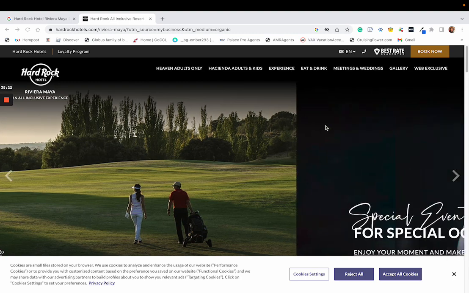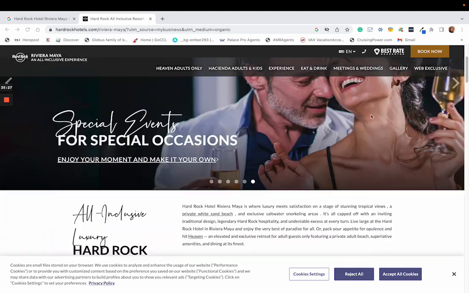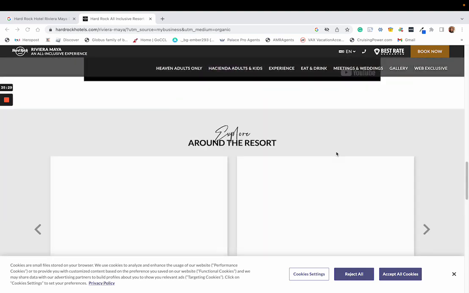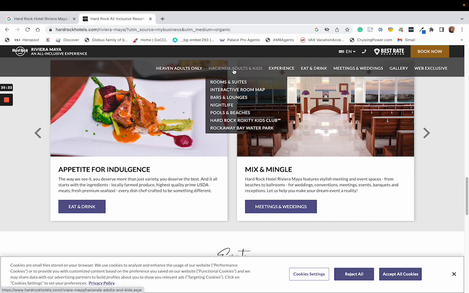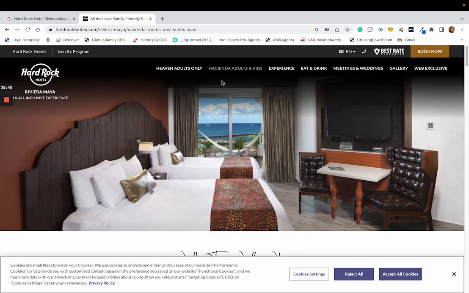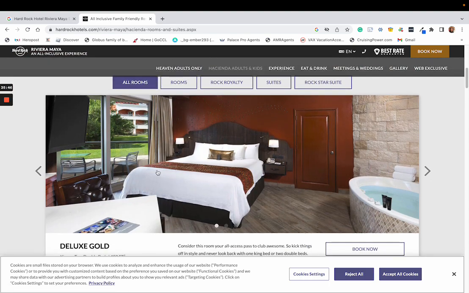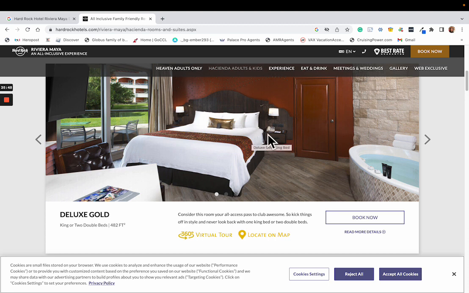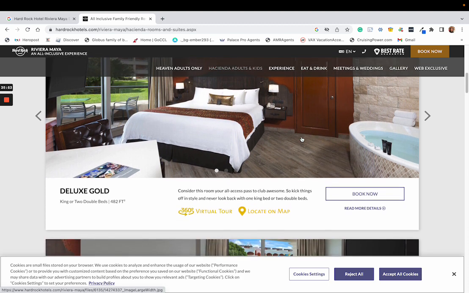Okay, so now we are at the resort's actual website. I want to look at their rooms. This is Hacienda. Let's see, rooms and suites. Look, that brown background room is there. So let's see, this is the deluxe gold. So now we know that the brown colored room is the room type that we need to display in our